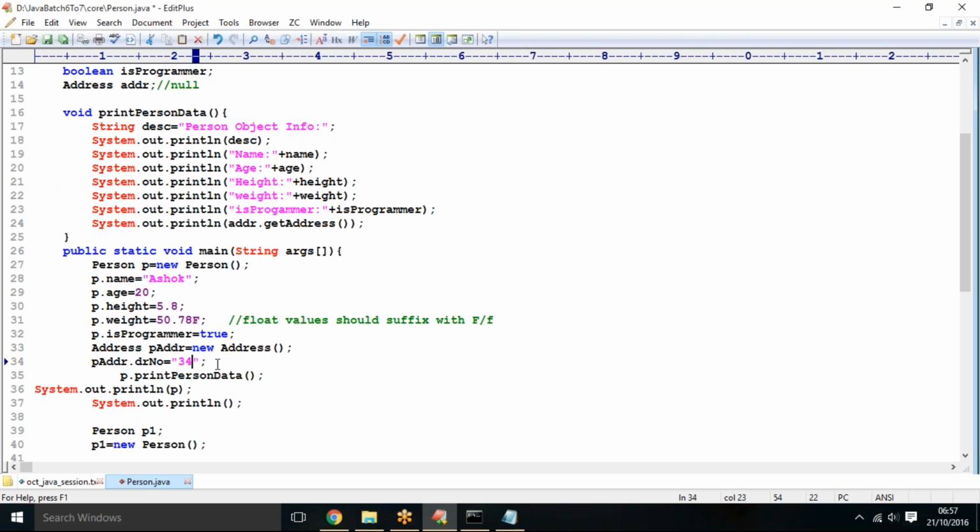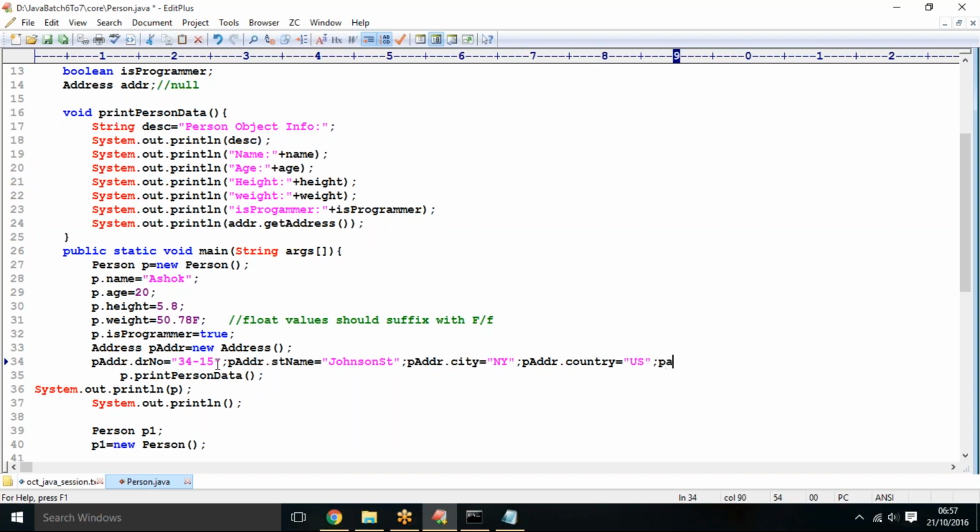Door number 34-15, paddr dot street name Johnson Street, paddr dot city New York. Now paddr dot country, and the country is US,